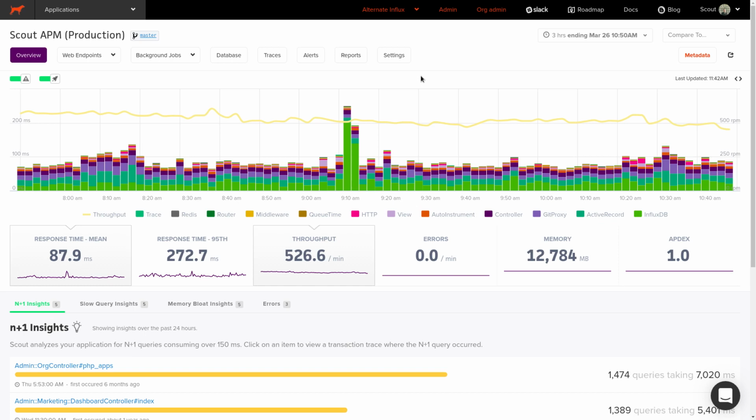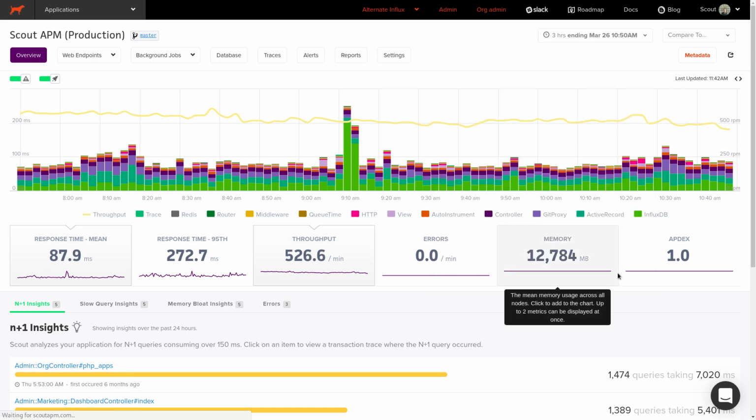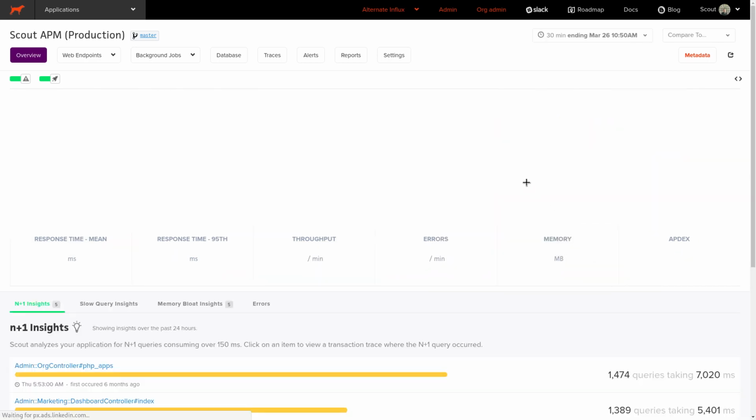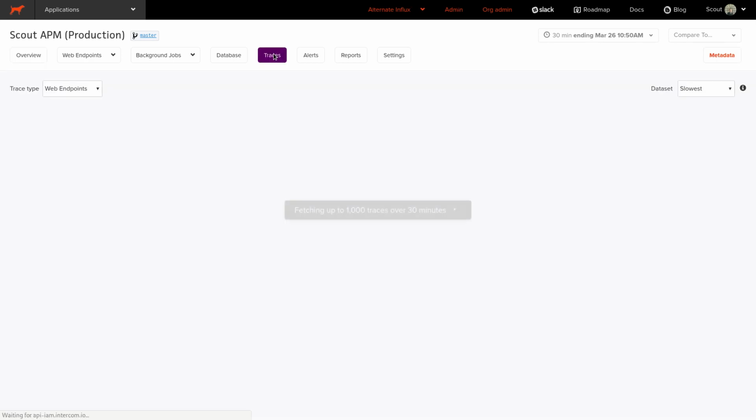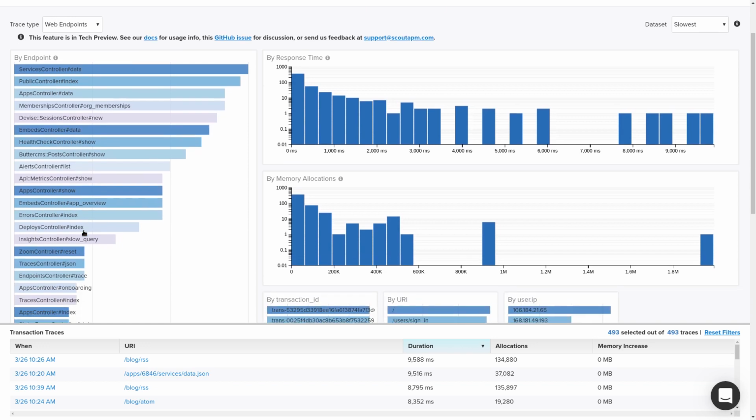And the final feature I want to talk about is the Trace Explorer. Now this is really useful for those more difficult performance issues that aren't as cut and dry as the first example I've shown you. Let's say in the last 30 minutes, a customer is reporting that a particular endpoint is going really slow. So if we look at the Trace Explorer and we find the endpoint that they've reported to us is running quite slow,